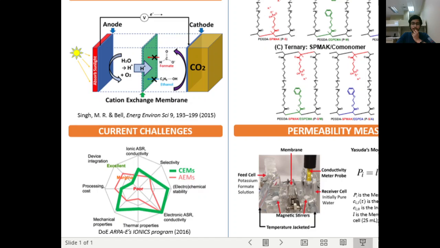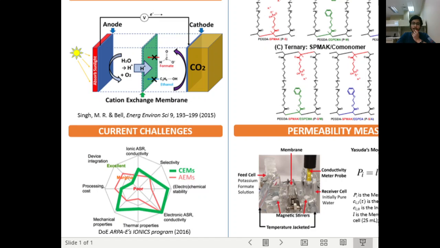And this deficiency is properly illustrated by this radar diagram shown here, where CEMs is the abbreviation for cation exchange membranes. Previously, people have studied the copermeation behavior of methanol and acetate in Nafion based commercially available cation